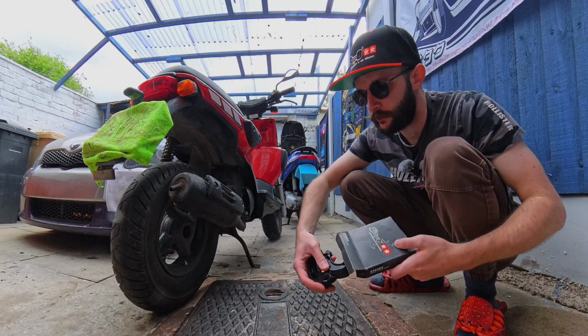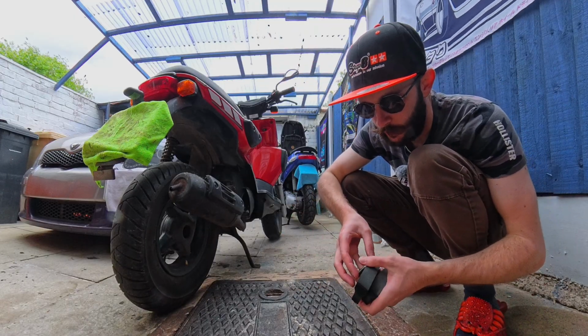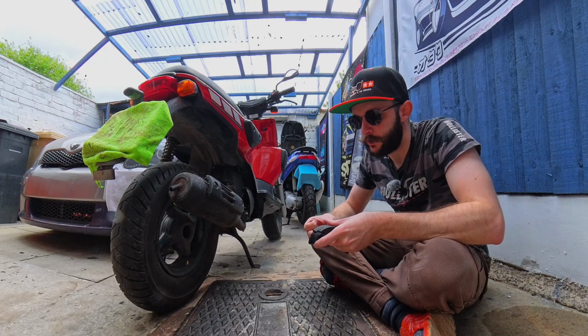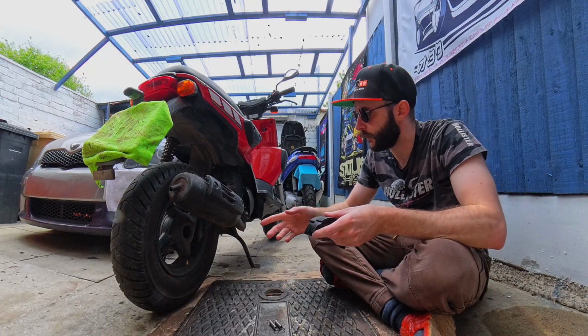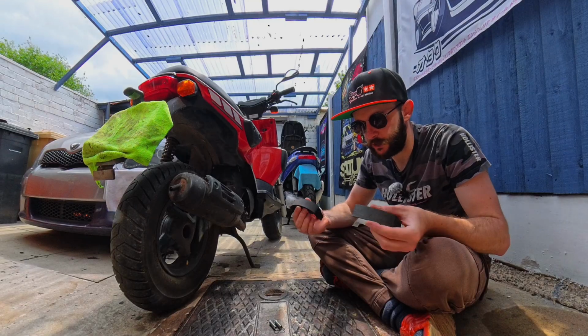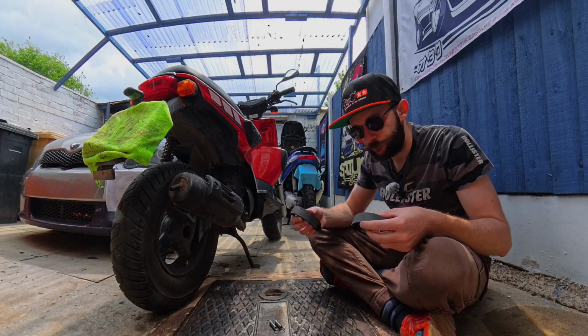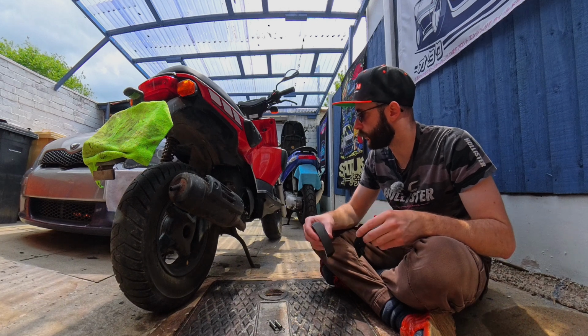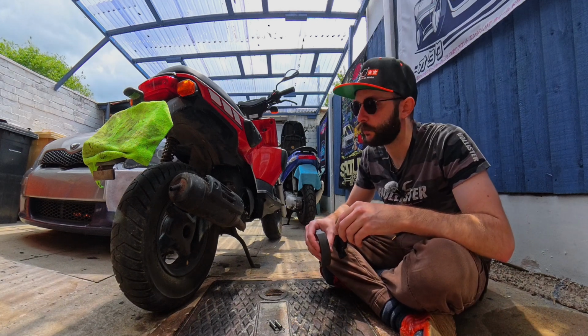So next up, it's the rear brakes we're going to change. Now, I wanted original OEM brakes, but I couldn't find them. I couldn't even find a brake cable for this bike on the website I used to get all my parts from. So we've got these rear brakes, Stage 6. I wanted OEM, couldn't get OEM either, so we'll settle with Stage 6. But when I was out on this bike and tried to use the back brake when I needed it most, if you catch my drift,